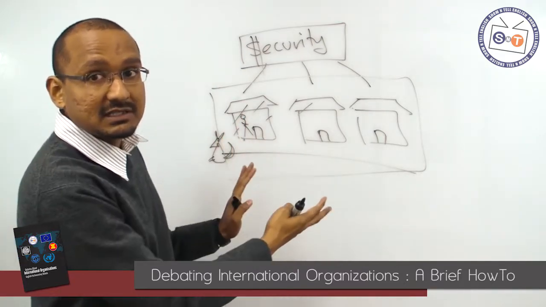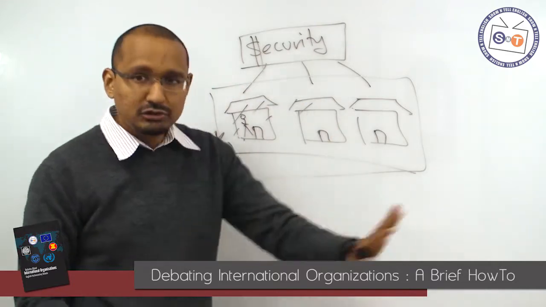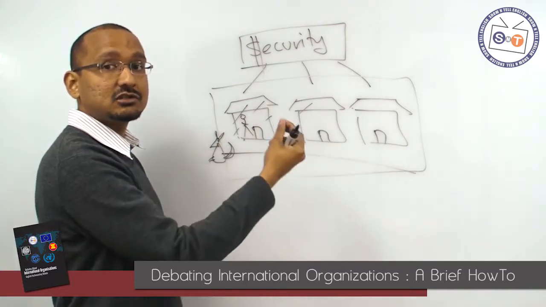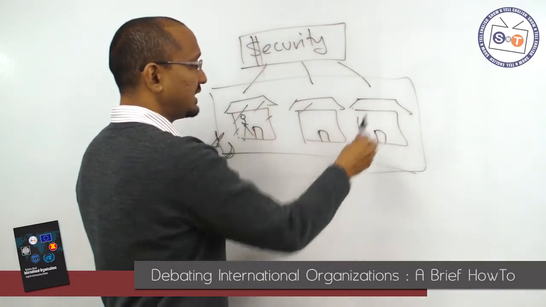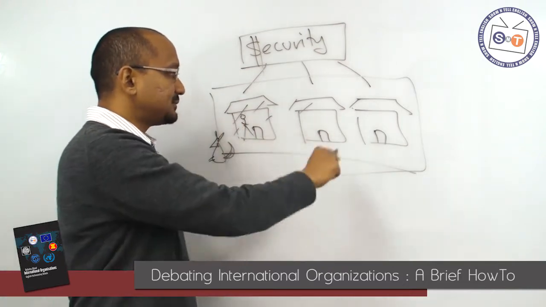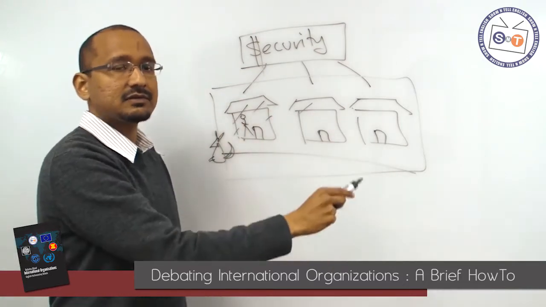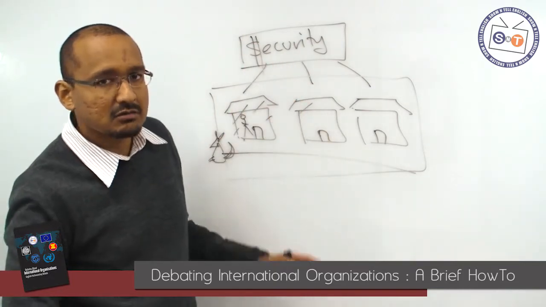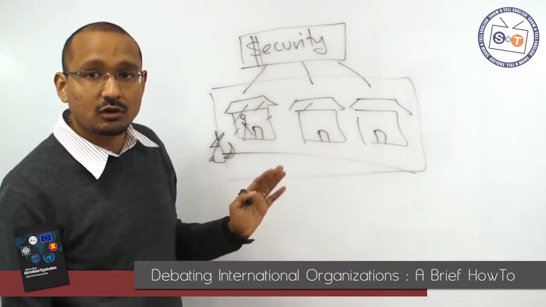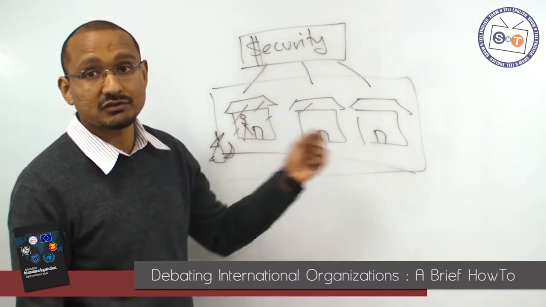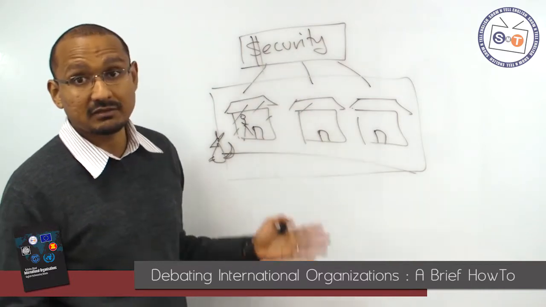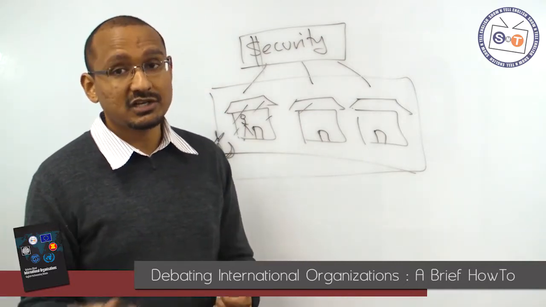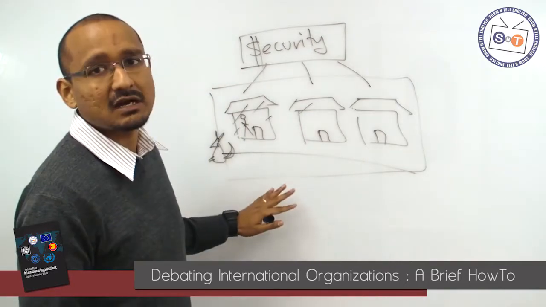Okay? So fundamentally, this model is all you need to know to understand the basic principles of international organizations, right? They are these different individual actors, these countries, who've come together for some purpose, okay? And based on that purpose, they're trying to do things. Now, is it successful? Is it not successful? All those things will depend on how these countries interact with each other and whether or not they serve that purpose, right? But anytime you get a little bit confused about the international organization debates, come back down to this